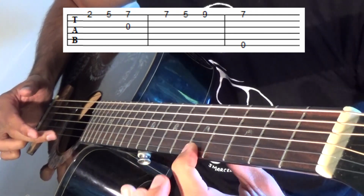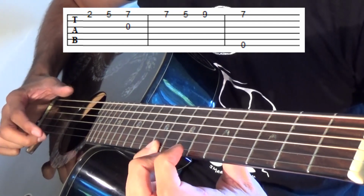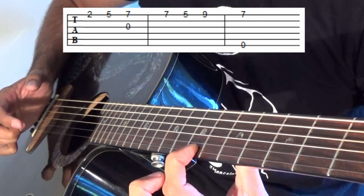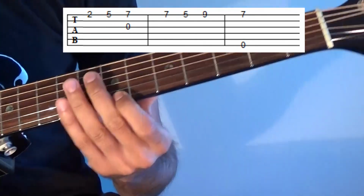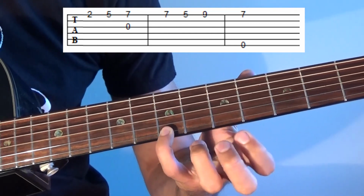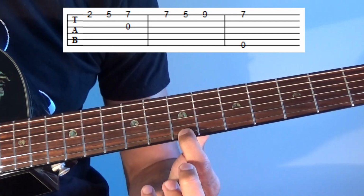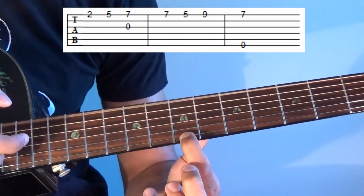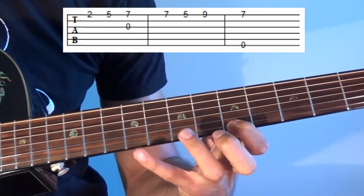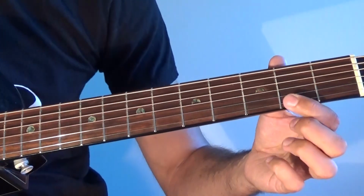Now we're going to go 5, 9 on high E. Back to that 7th fret on the high E there. So now we have 5, 9, and then 7 with the low E string. So that second part is...